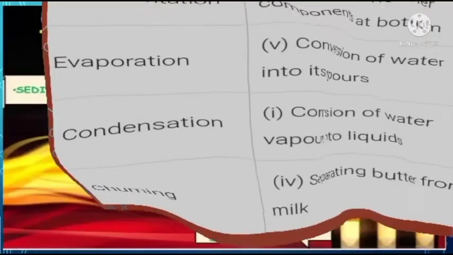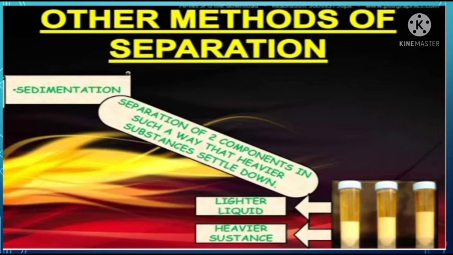First we are discussing the sedimentation technique. Why do we need more than one technique for separating substances? Because one method is not suitable for all separation processes, and that is very difficult. So we need more than one separation method. This week we are discussing the first technique, activity 5, the sedimentation technique.